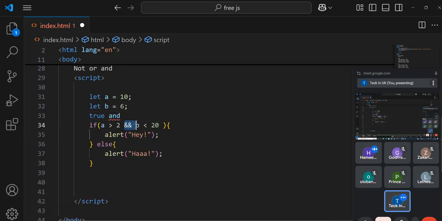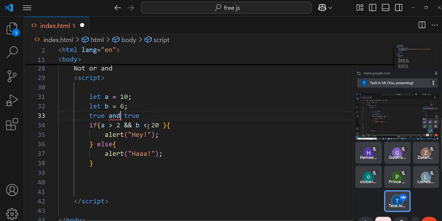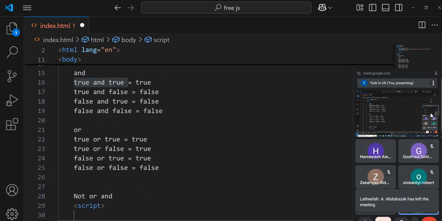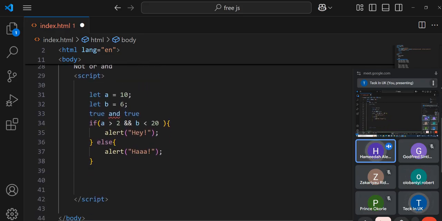And is b lesser than 20? That is also true. So at the end of the day, we have true and true. From our truth table, what is true and true? True and true gives us true. So meaning that at the end of